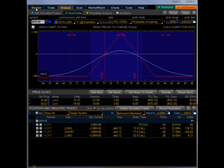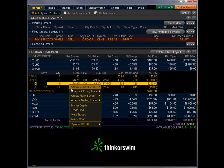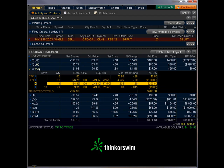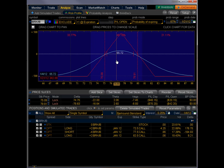And as I said, today is the 4th of January. Let's see when we got in this trade. I got into it on the 22nd. So that's roughly about 2 weeks. Almost 2 weeks. So in 2 weeks, I've already made 10% on this butterfly, which is good, but I can